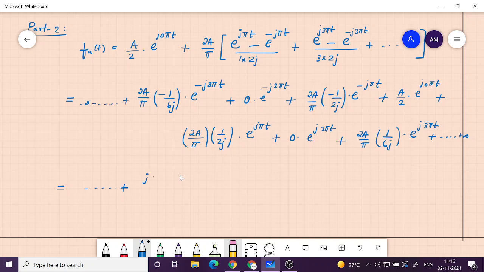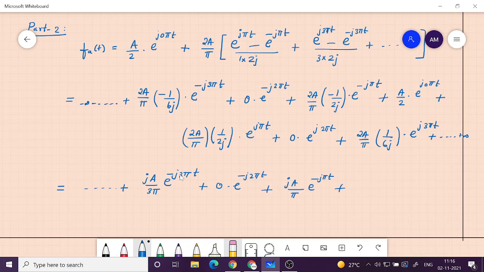So j a by 3 pi e raised to minus j 3 pi t, then plus 0 into e raised to minus j 2 pi t plus, and similarly here j a by pi e raised to minus j pi t